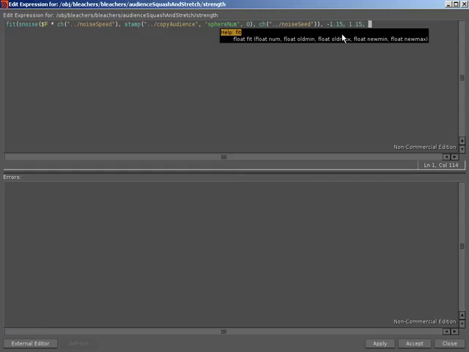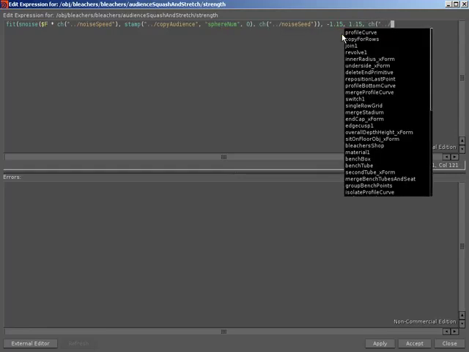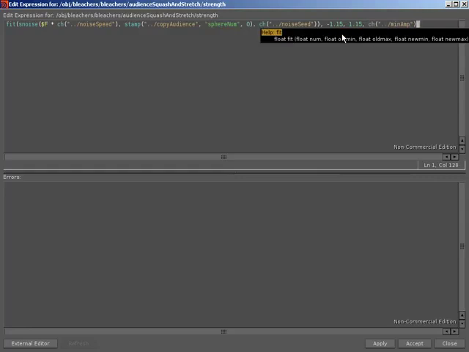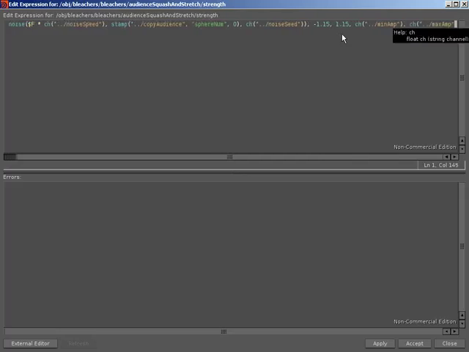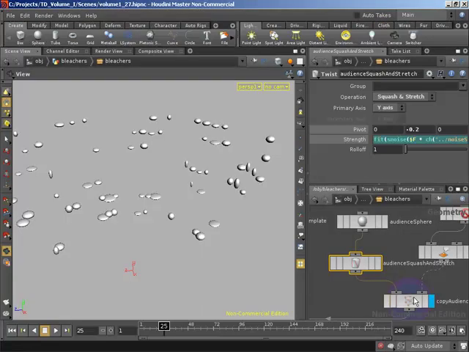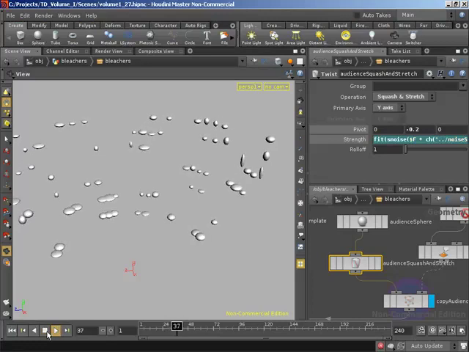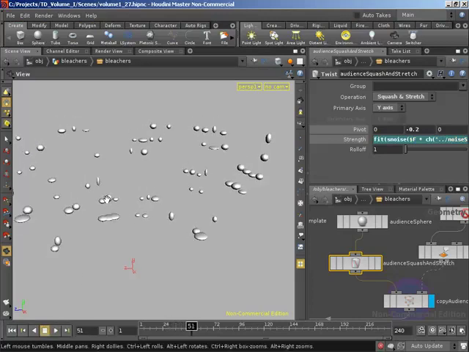The new min is going to be our minimum amplitude parameter, so min amp. And the new max is going to be our maximum amplitude parameter, so max amp. Close off the channel expression, close off our fit expression. So if we accept this and play this back, we can see that the audience are still squashing